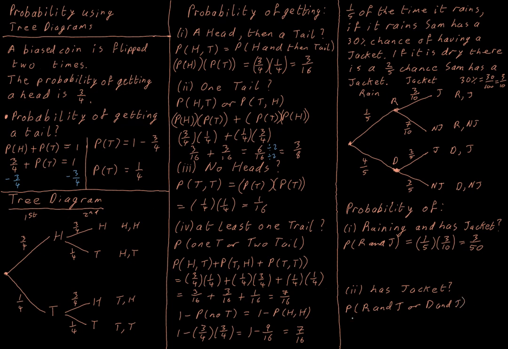So that would be raining and a jacket would be 3/10 of 1/5, or means we're going to add this up, and dry is 4/5 and has a jacket is 2/5 when it's dry. So of the 4/5 of the time when it's dry, Sam is going to have a jacket 2/5 of that time. And when we multiply that out,